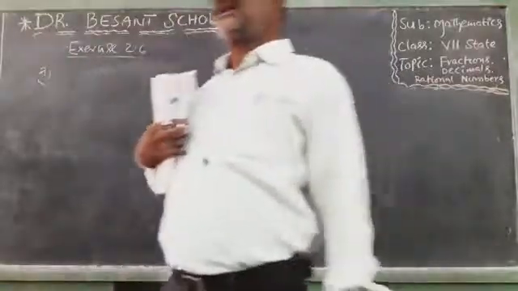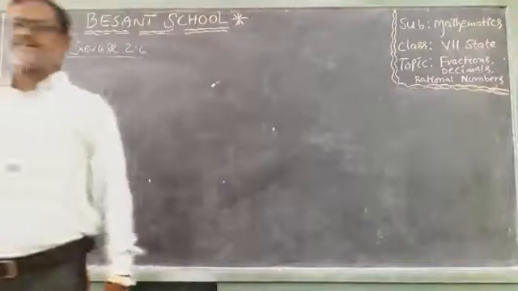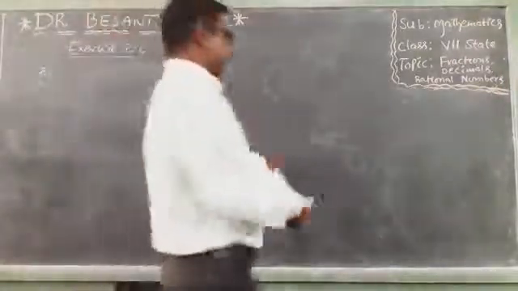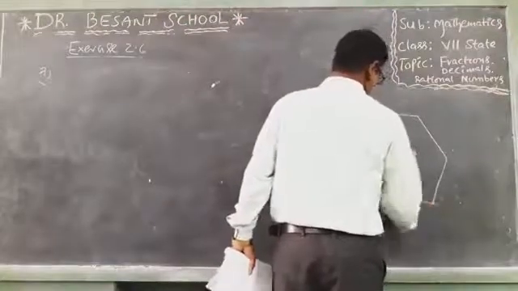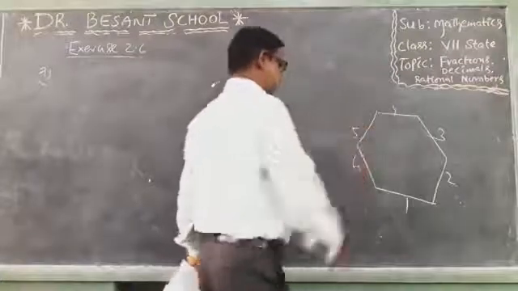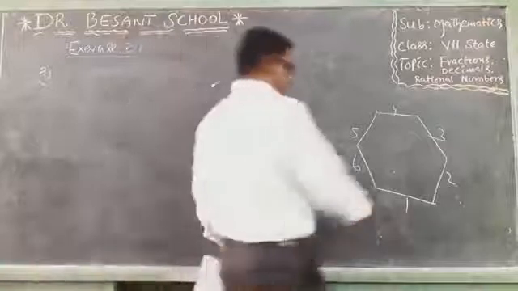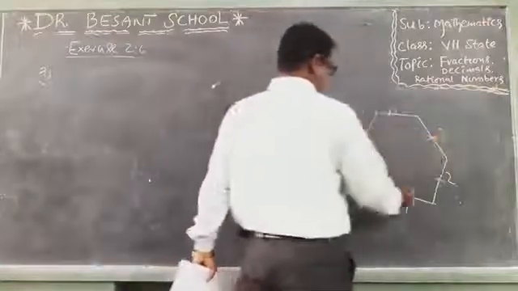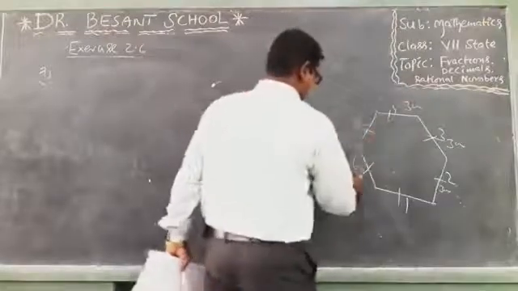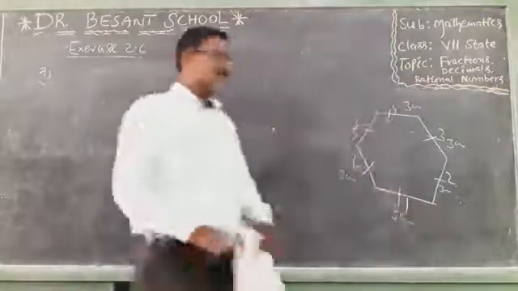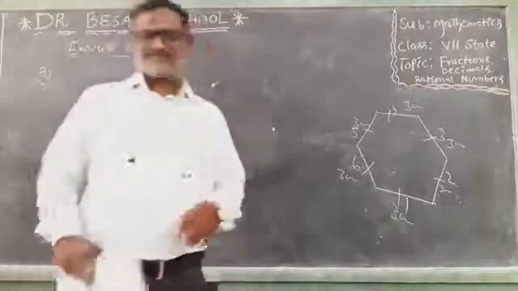A regular polygon is nothing but a polygon in which the lengths of all the sides are equal. For example, if you see this one, 1, 2, 3, 4, 5, 6 sides are there in this polygon, which means it is a hexagon. If all the side lengths are equal, for example, each is 3 centimeters, the length of each and every side is 3 centimeters in this hexagon. It is named a regular hexagon.